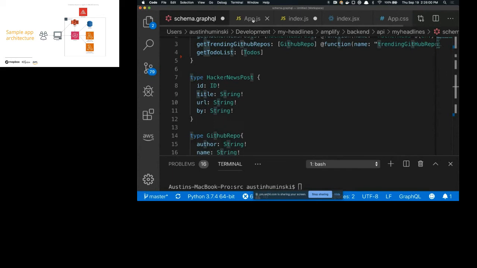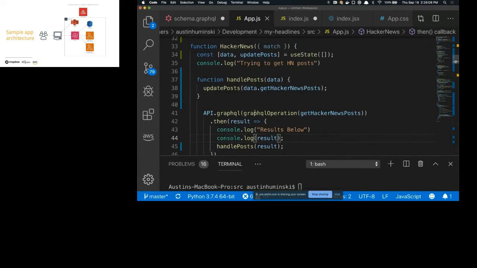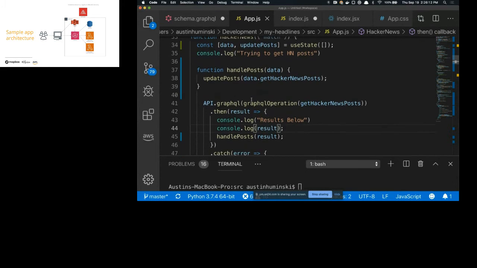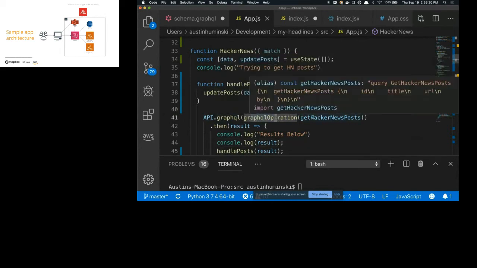So if you go into the base application, the app.js of the React app, this is how we're actually querying and getting the posts from Lambda. But you can see how easy it is with Amplify and their built-in libraries. All I have to do to get this operation is do an API.graphql, and then call the GraphQL operation with the Hacker News post query, which you can see is highlighted above my mouse there.